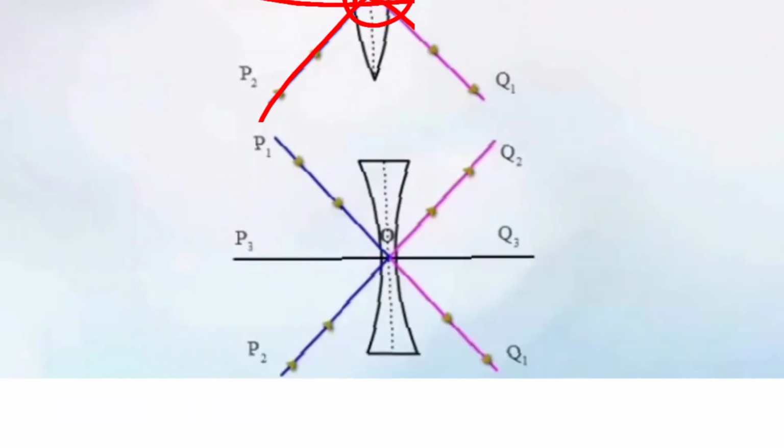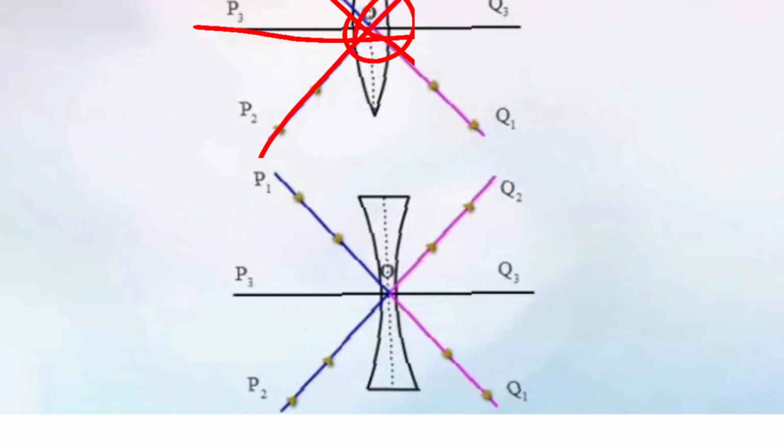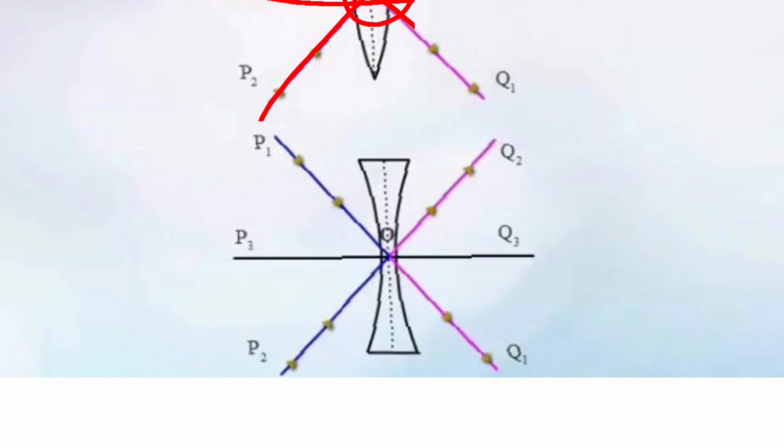So this is called the optical center O of that lens. Clear? So your rays P1 Q1 and P2 Q2 pass through O going along a straight line. Okay? So O is the optical center. You can see in this also, this is the optical center. Here see the ray P1 Q1 and this is the ray P2 Q2. Both are going in a straight line.